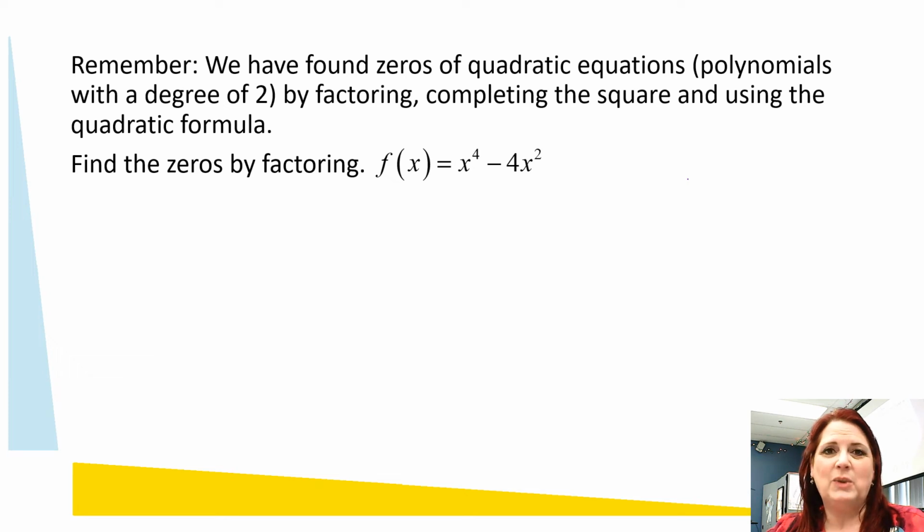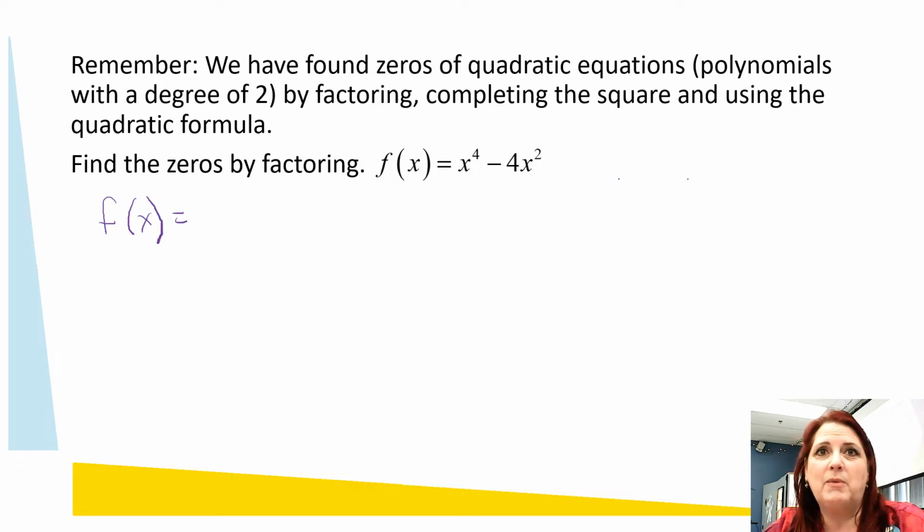In our last unit, we were looking at quadratic functions, and we learned where those zeros were by a few different ways. We could either factor, sometimes we use the quadratic formula, or completing the square so that we could find those zeros and be able to graph the function more clearly. Now, this time we're going to be graphing things that are not quadratics, but we're still going to refer to those skills. Now, this one's not quadratic, but we can still factor that